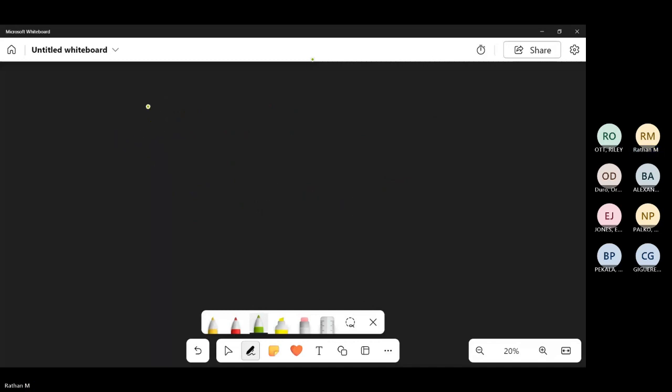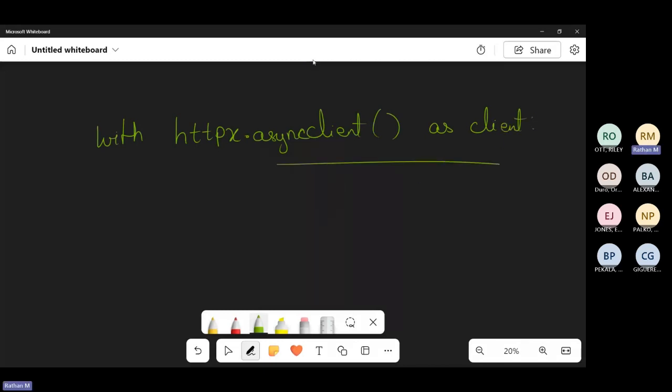To create a HTTPX async client and close it without having to use close function by ourselves, we use with HTTPX dot async client as client, we perform this operation.